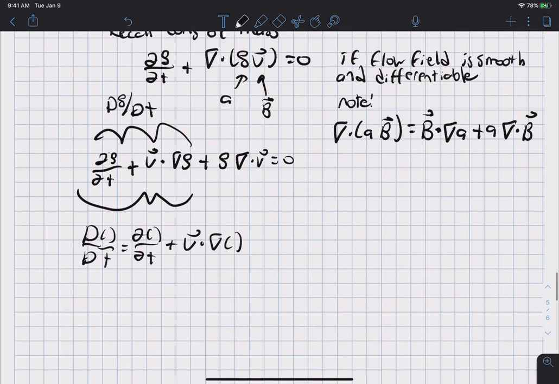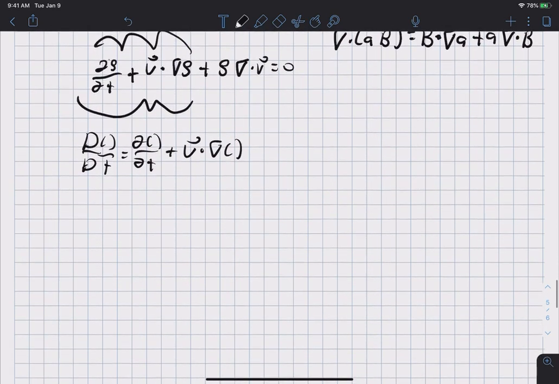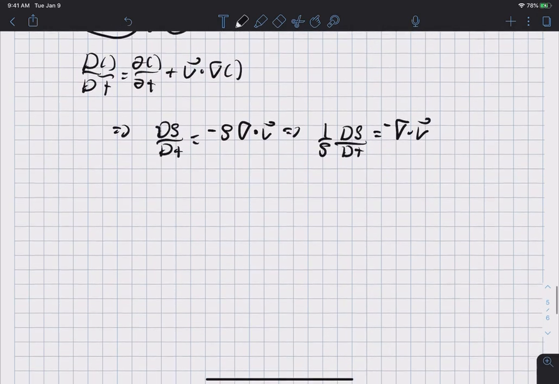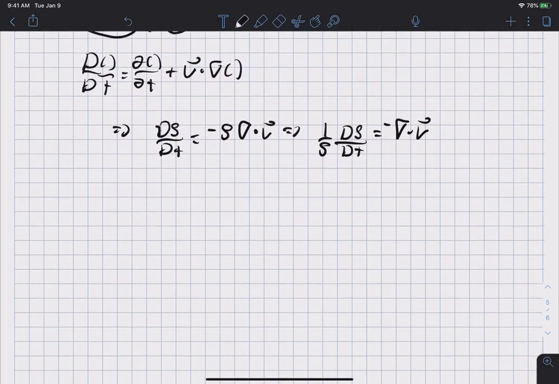Okay? And so applying that, we have d rho dt equals minus rho times the divergence of the velocity vector. I'm going to divide both sides by rho. So we have that 1 over rho d rho dt equals minus the divergence of the velocity vector. So far, this is looking like not too much here, but I'm just going to make a quick